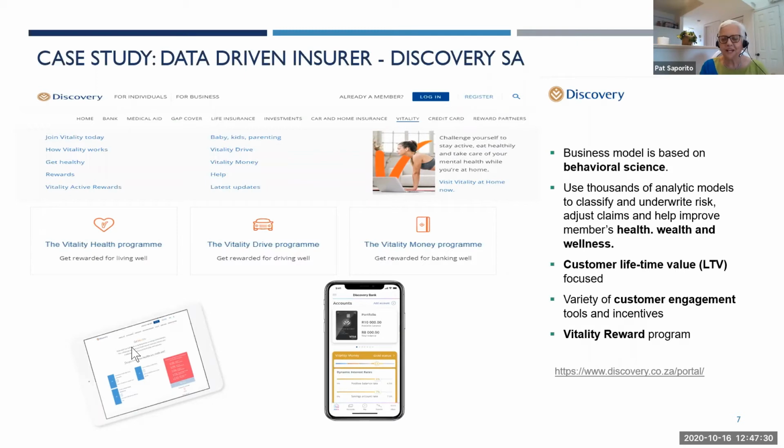At the end of the day, we know what they're doing. They're improving the risk, right? That's essentially what they're doing. And it's very customer life cycle centric. Number one, I really like that they're looking at the whole customer, right? They look at the whole customer and they're looking at the customer life cycle.